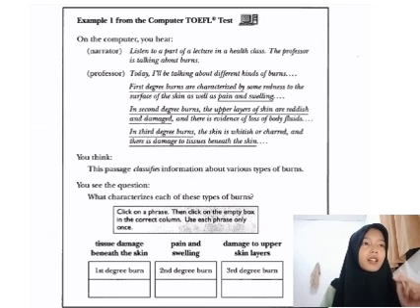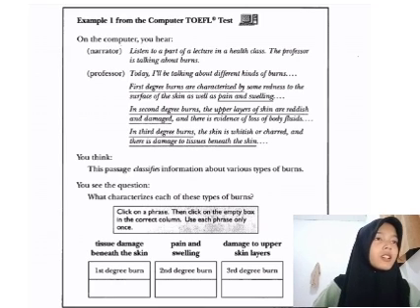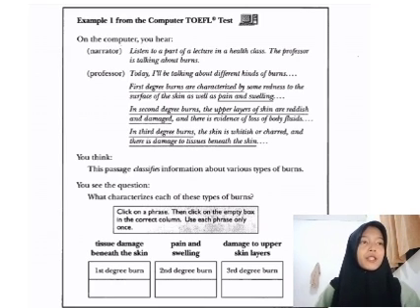First degree burns are characterized by some redness to the surface of the skin as well as pain and swelling. Okay, so the first degree burns is characterized by some redness to the surface and pain and swelling, yeah. And second degree burns, the upper layer of skin are reddish. Okay, reddish and damaged. So it becomes more damaged, yeah, and there is evidence of loss of body fluids. Okay, in the third degree also